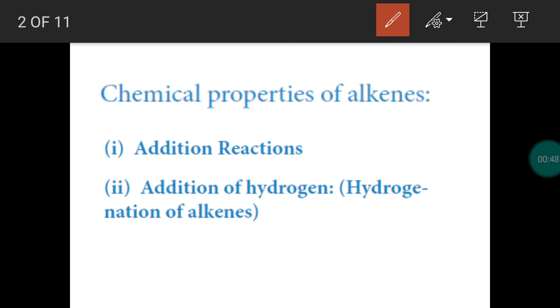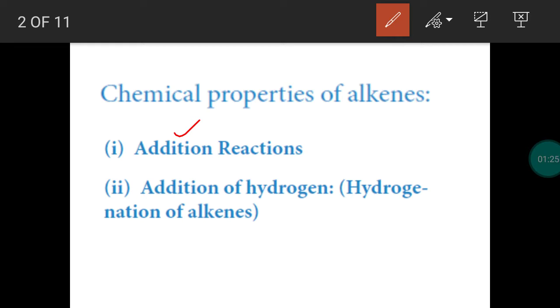The most common chemical reaction in alkenes is addition reactions. In the previous lesson we studied the different types of reactions: substitution reaction, elimination reaction, addition reaction, polymerization reaction, redox reaction, and so on. This addition reaction is mainly possible in a compound with a double bond, like an aldehyde, ketone, or alkene. So compounds with a double bond will be involved in addition reactions. Alkenes are involved in addition reactions predominantly.